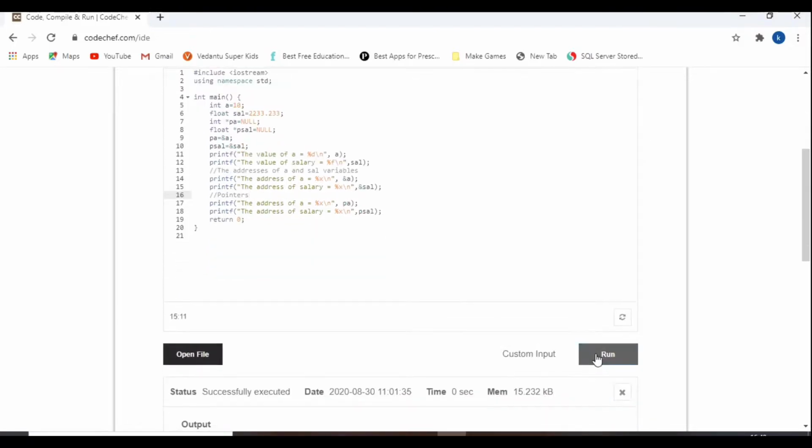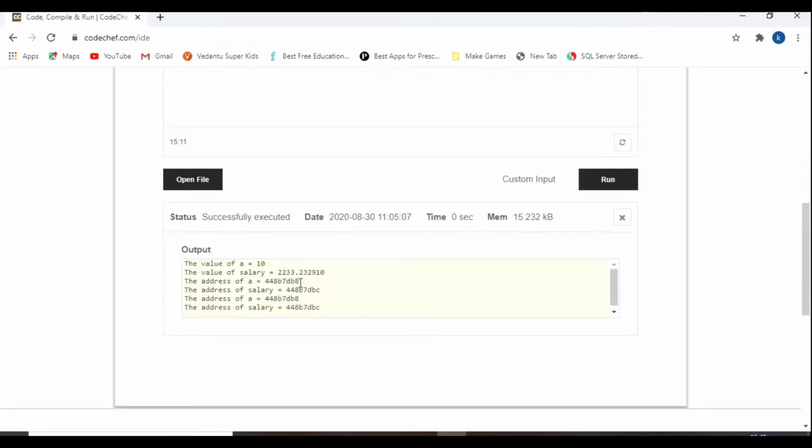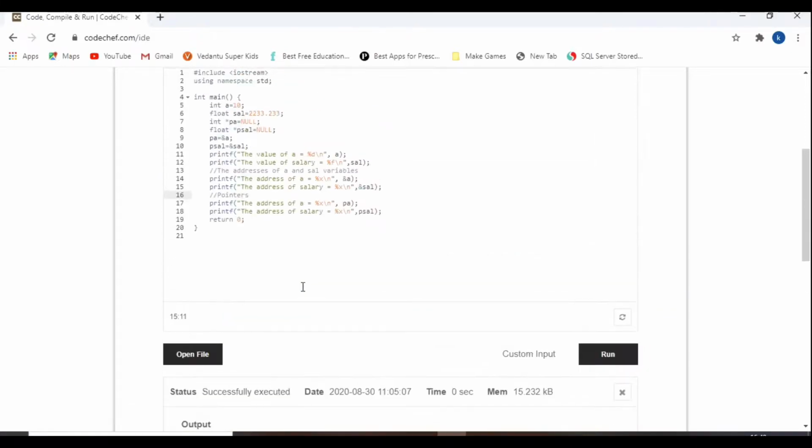They contain addresses. Now to get the values, what do I have to say?